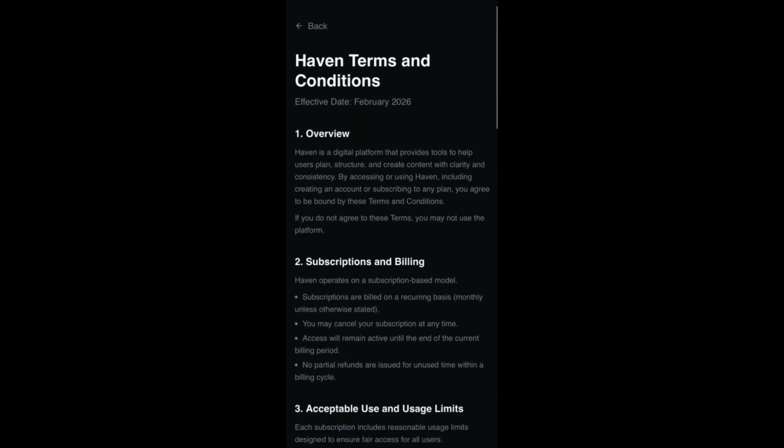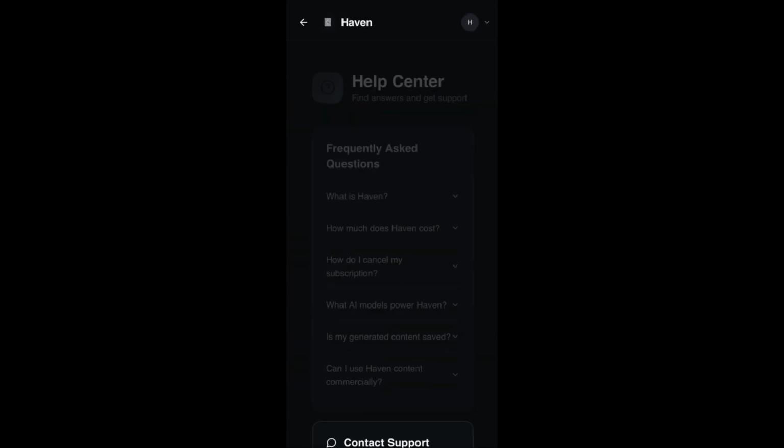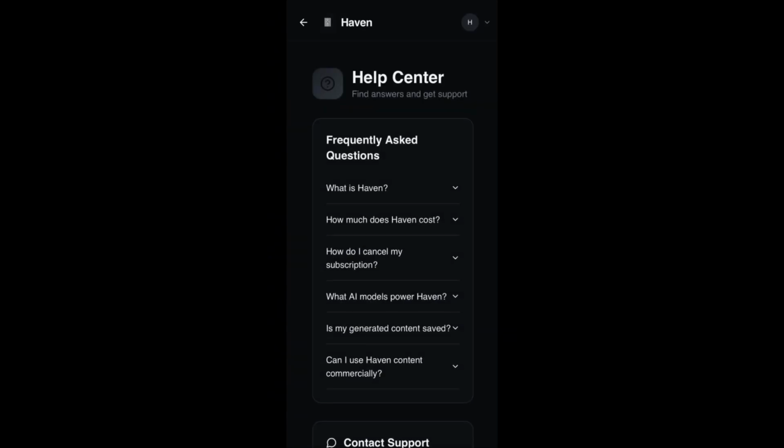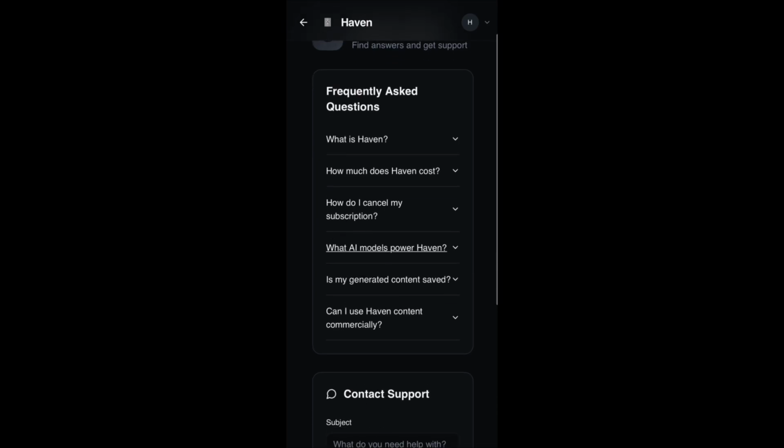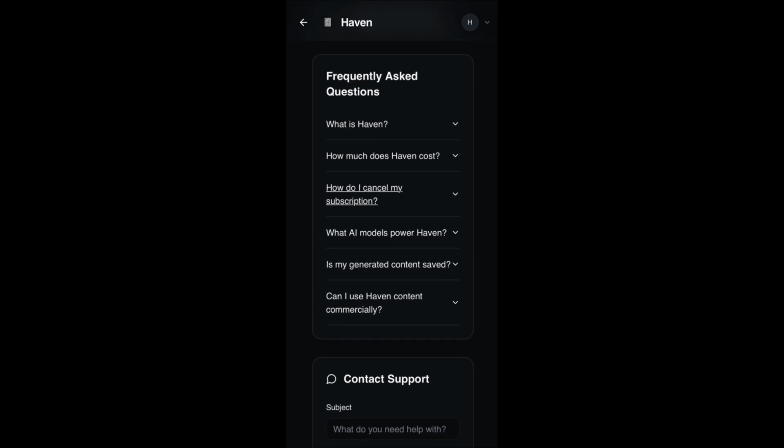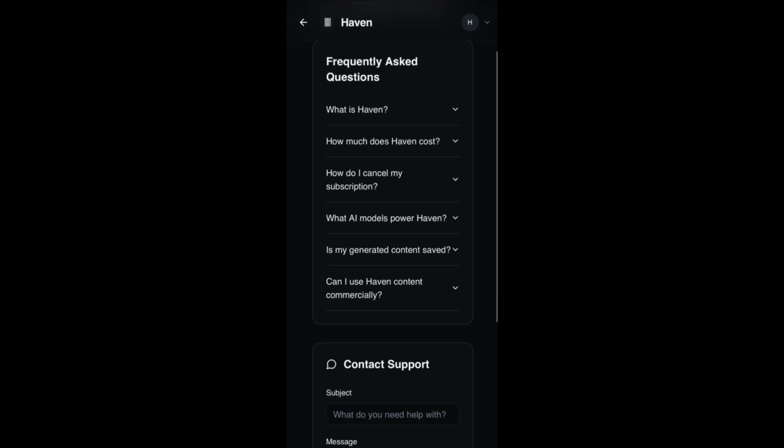Okay, so we're going to move straight to the next. We're going to look at Help now. Help is actually for when you get stuck on my platform. This is where you can find guidance on how to use Haven. You are going to see the contact support here. So in case you have any questions, you can just click on Help in your footer and it's going to open this. These are the questions that, from yesterday, when we launched,